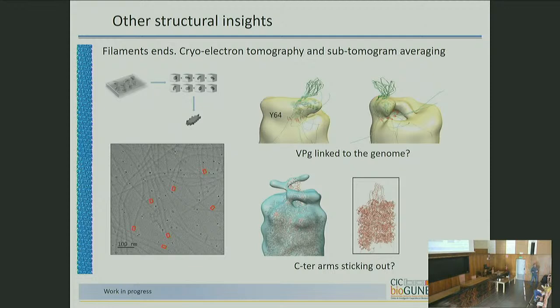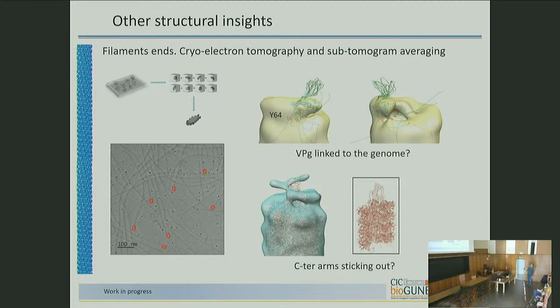But the only thing that fits with what we know, because we know the polarity, is that this could be the VPg that is linked to the genome, because the shape fits. This is some flexible region. This is an ensemble from NMR. The red residue that is here is the one that is attached directly to the RNA. So in distance and orientation, it fits. So we think that this is the protein, but we don't know for sure.